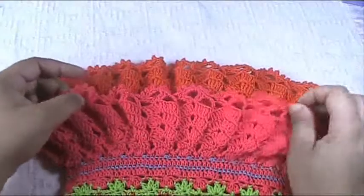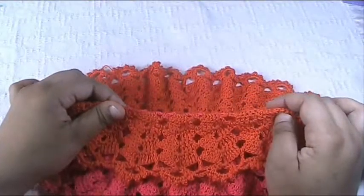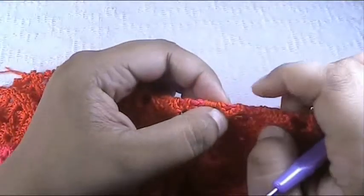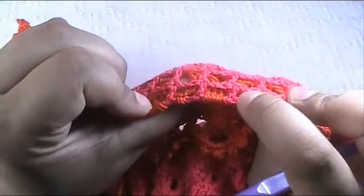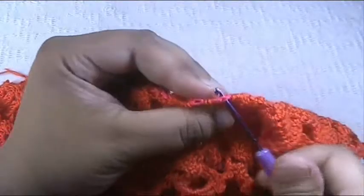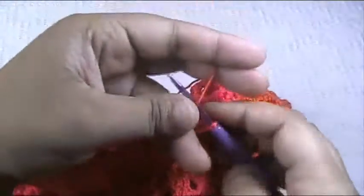Okay, so let me show you how to make the grid from this part. Here is the first grid from which I will start the second grid for the third layer. All we do is work on these double crochets the same way. So we insert the hook inside the top of the double crochet from the previous grid like this and pull the yarn